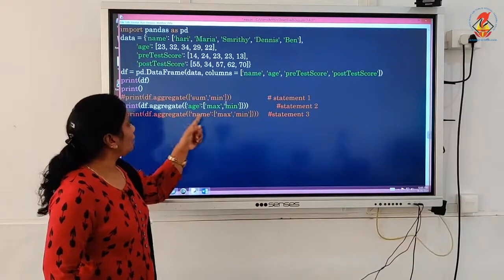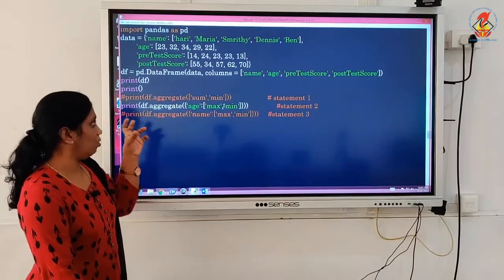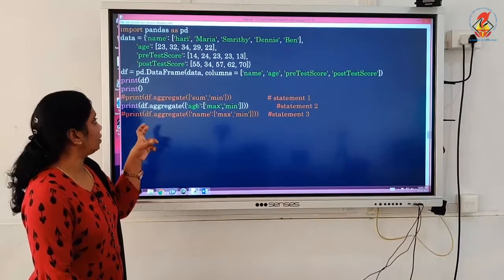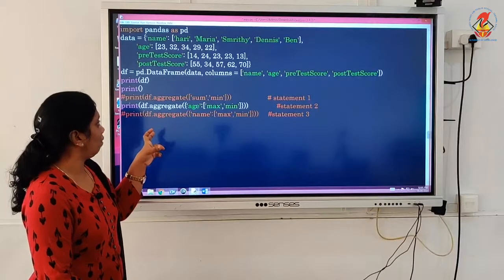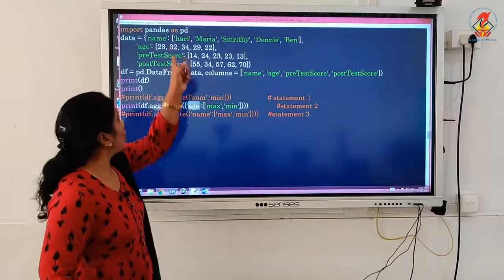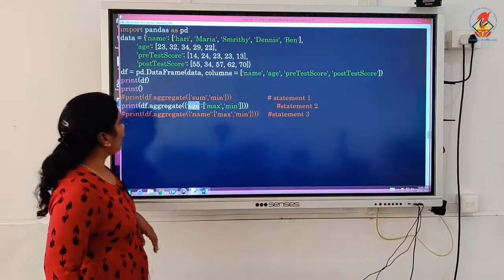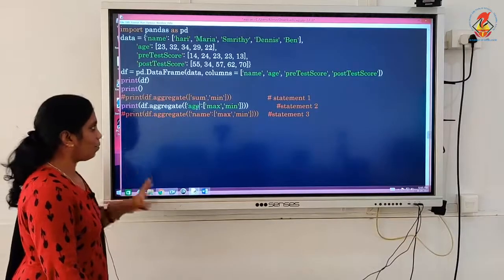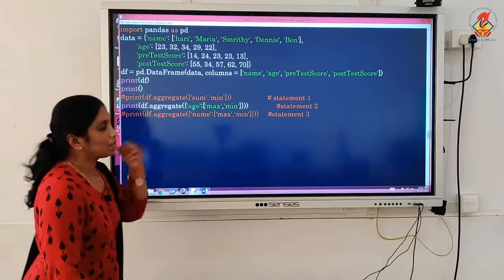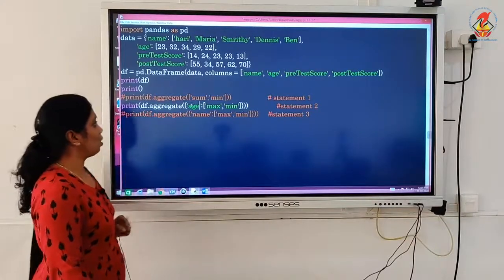Max and min automatically will be having those keywords, and that will be taken into consideration with the help of the value age, provided age is one of the columns inside your data frame. So, from age, only max and min functions will be aggregated.